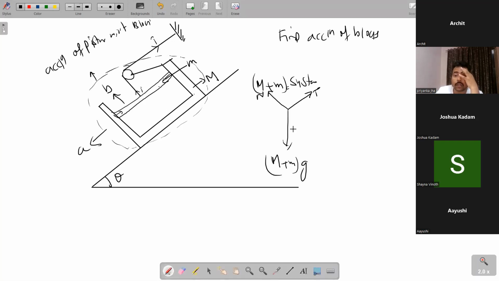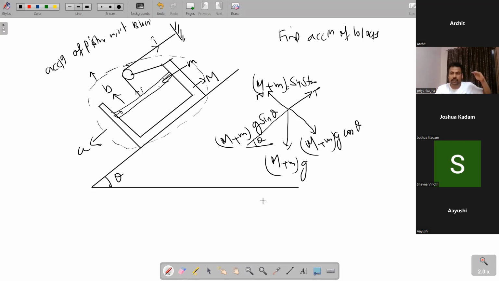Now break this into components with angle theta. So this will have a sine component: (M plus m) g sin theta, and this will be (M plus m) g cos theta. This system is coming down. So the net force will be (M plus m) g sin theta minus T equals, for the system with two things, this block and this block: mass of this block, capital M, into A, since this block is coming down, plus mass of